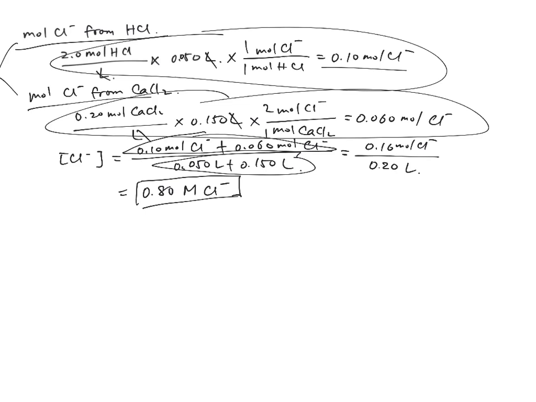If I'm looking at the conditions provided and I couldn't figure out a way to get what I want, or what is asked, then let's look at the thing that we want and see what could give me that final result. In here, we're looking at the chloride ion concentration, and